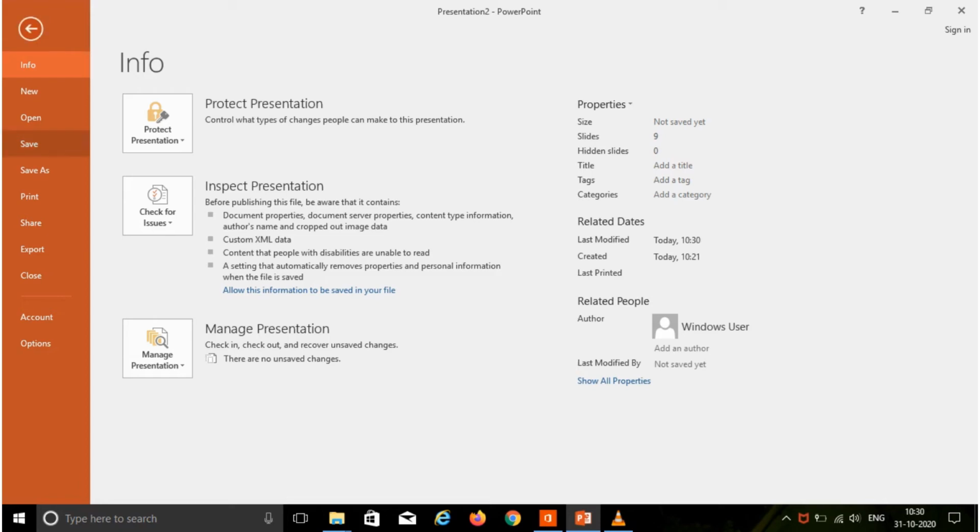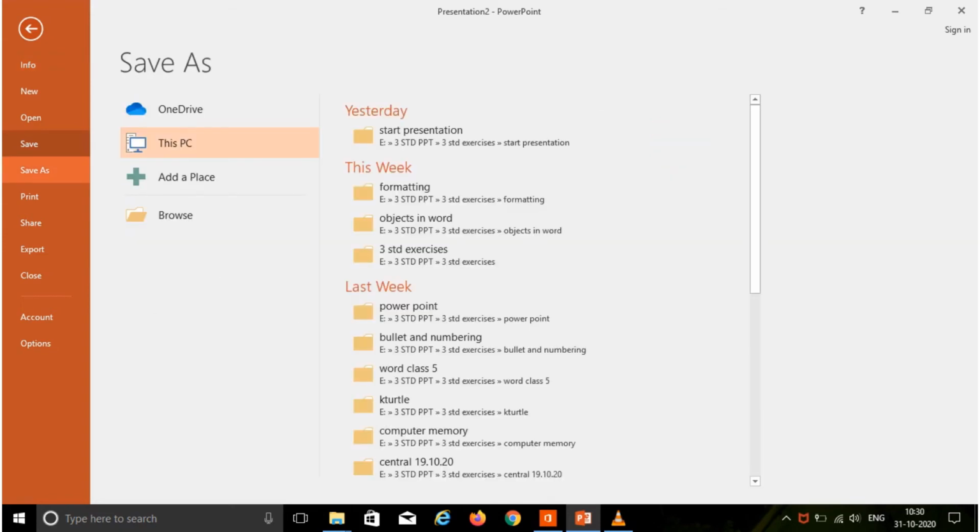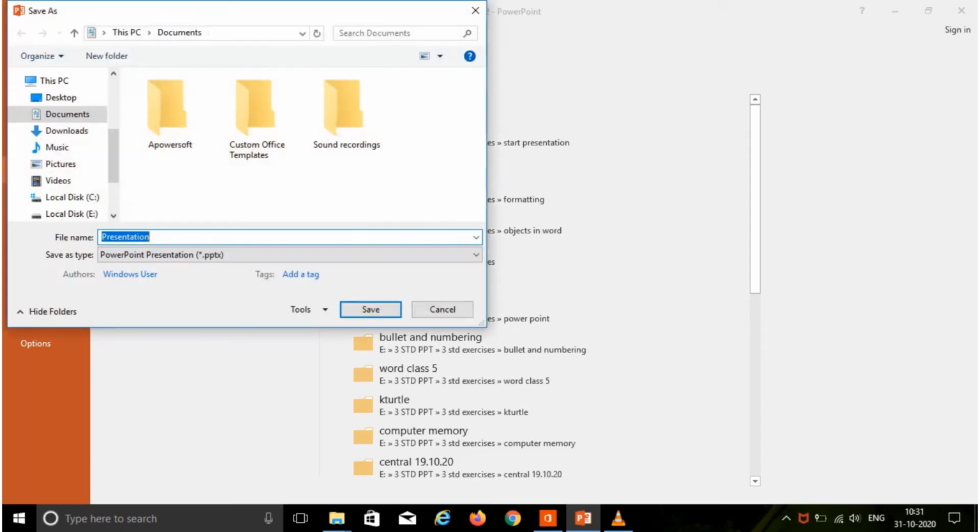Here, the Save As pane appears. Select Computer and then click Browse. The Save As dialog box will appear. Select the location where you want to save the presentation.